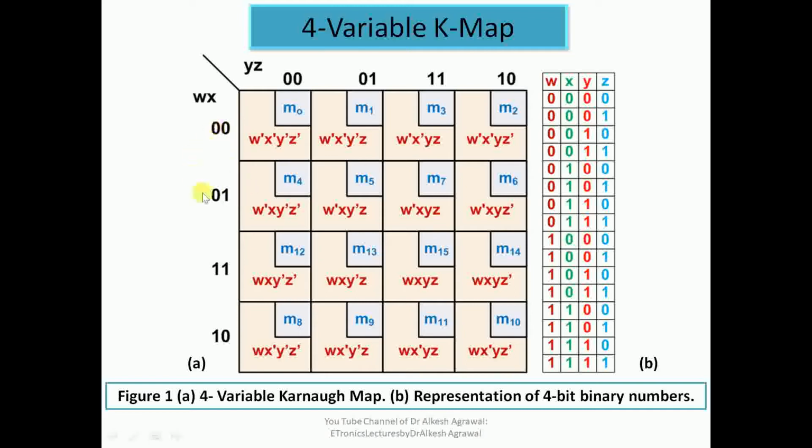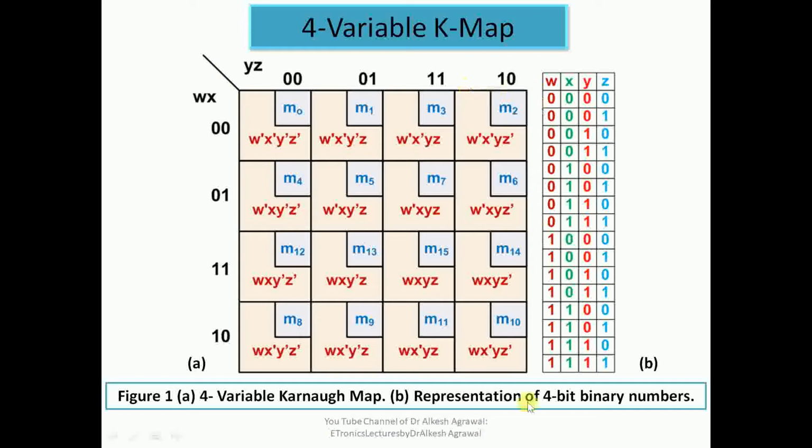So we can see how these are gray codes: from one level to the next, the LSB changes and the MSB remains the same or fixed. From the next level, the LSB remains the same and the MSB changes, and from the next level, the LSB again changes and the MSB remains the same. Similarly for YZ, from here to here, Z changes and Y is fixed. From this level to the next, Z is fixed and Y changes, and then Z changes and Y is fixed. So YZ and WX are in gray codes.